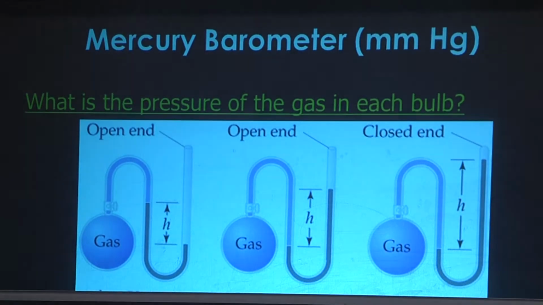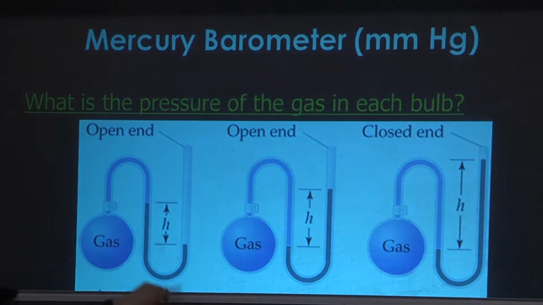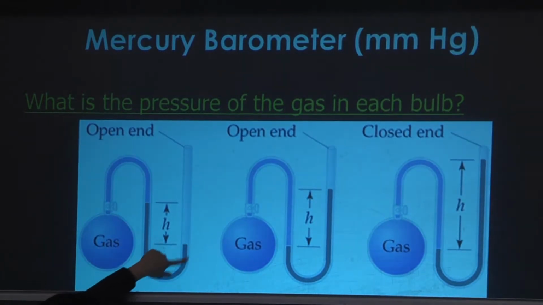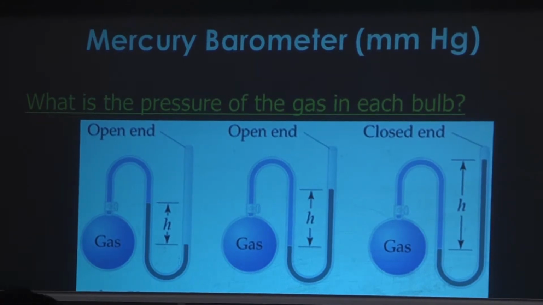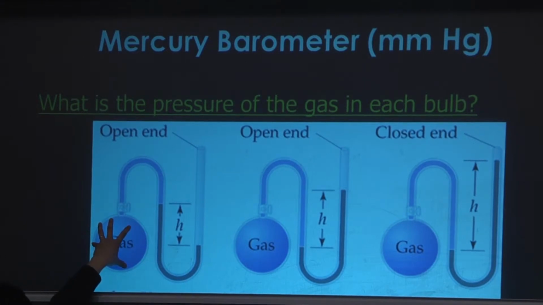It has an open end, there's some gas here, and here's the column of mercury. If we say that atmospheric pressure is 760 millimeters of mercury, what's the pressure of the gas in the bulb? How can we do this? Well, we can do this by saying